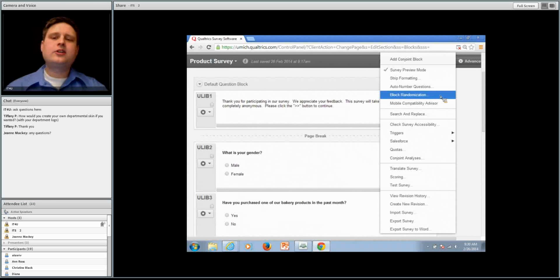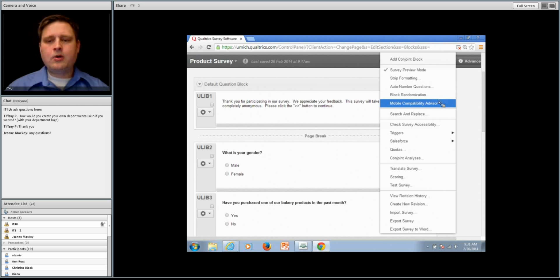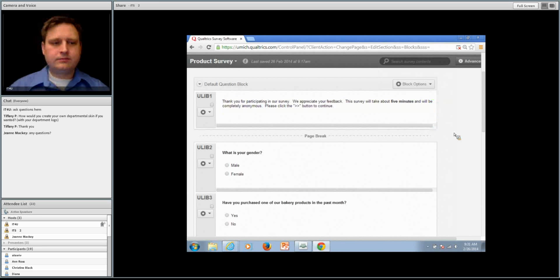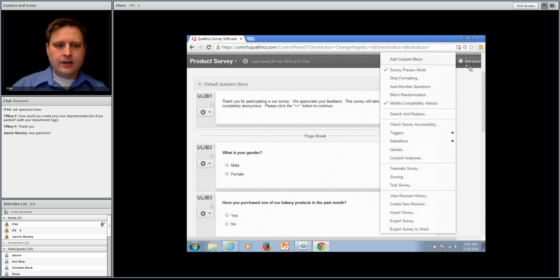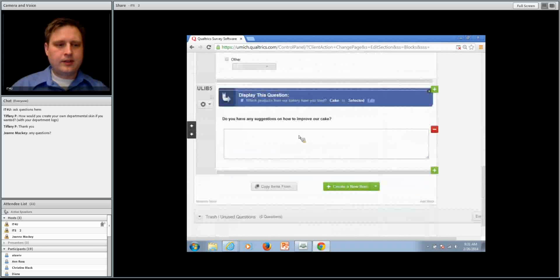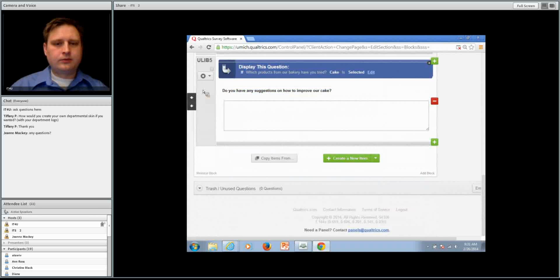Block randomization, if you organize the questions into specific blocks of questions, then you can make it so that respondents see those blocks in different orders. Mobile Compatibility Advisor will give you some suggestions on how to make it more accessible on smartphones and touchscreen devices. And it'll do that by throwing up a little warning here next to the gear. You'll see like an asterisk